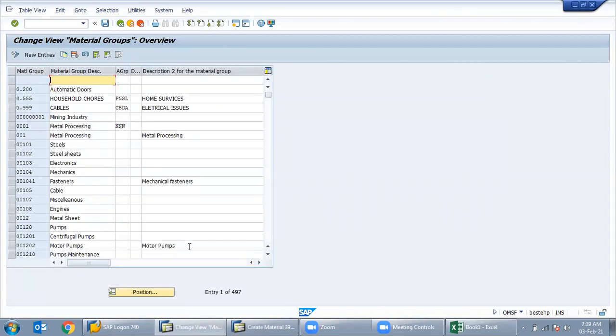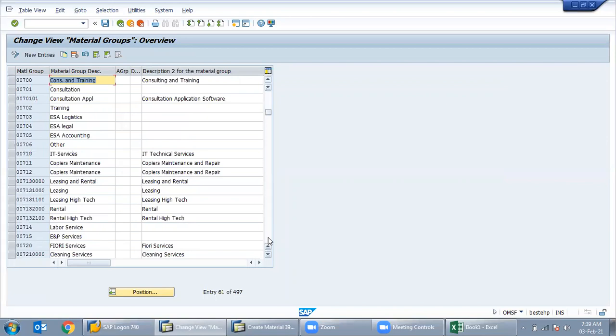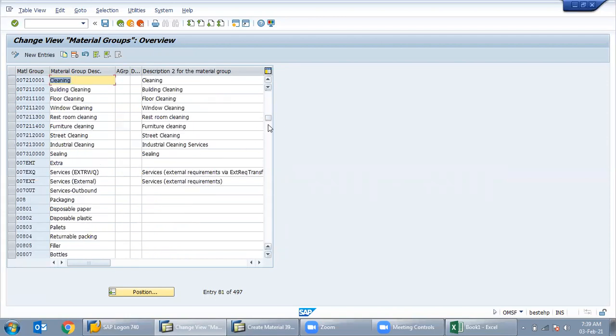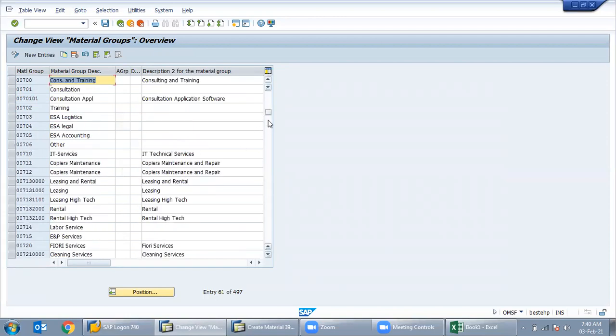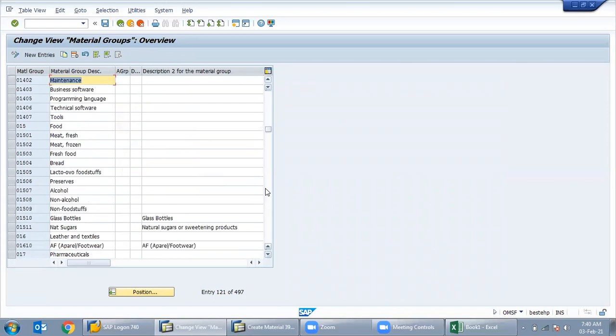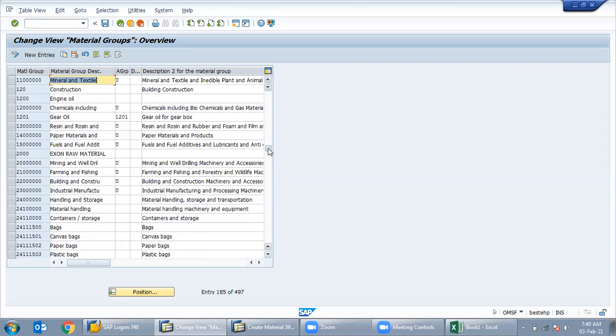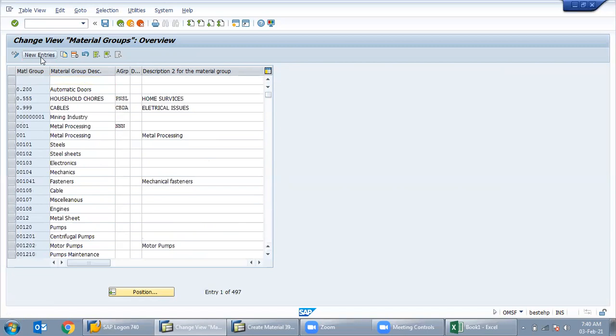So all groups are here, whatever was coming from the drop down. We need to create a group for coal. Just copy it from another, because a lot of fields and tables should not be missed if you create individually by clicking new entries. So it is better to take the existing one and copy it to the new one. In the industry, it depends on the requirement also, right? If the material is new, we have to create a new one. Exactly.